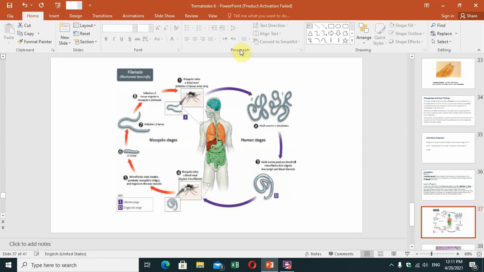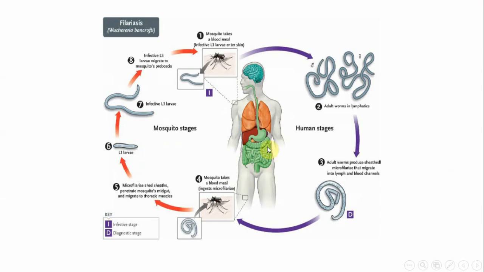Life cycle of the Wuchereria bancrofti. The life cycle begins when the mosquito takes the blood meal and the infective L3 larva enters the